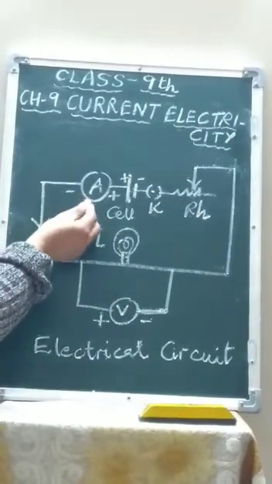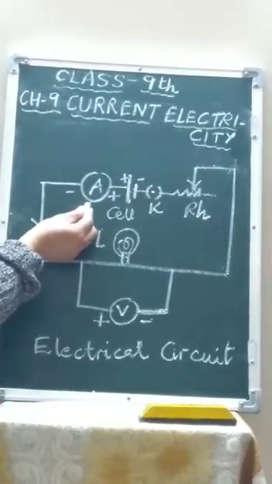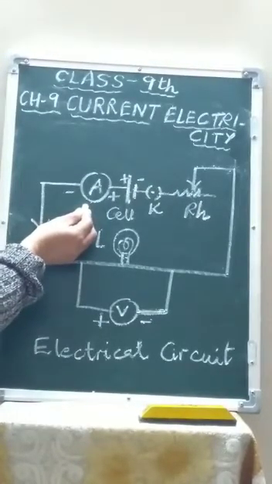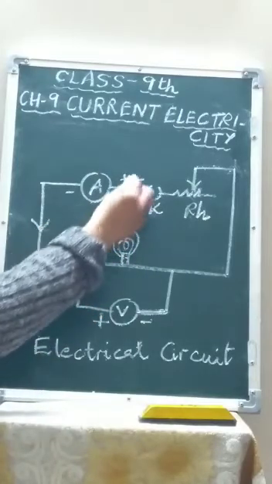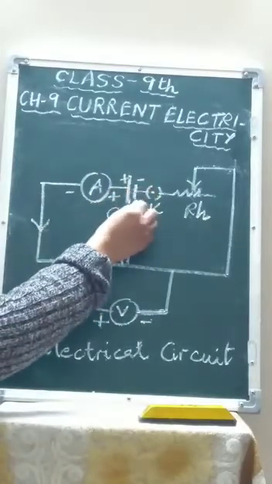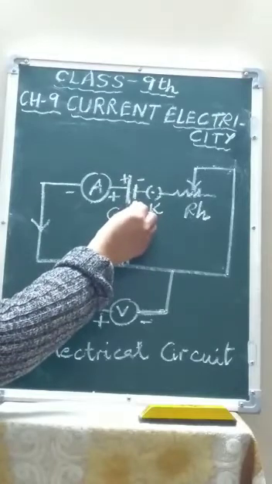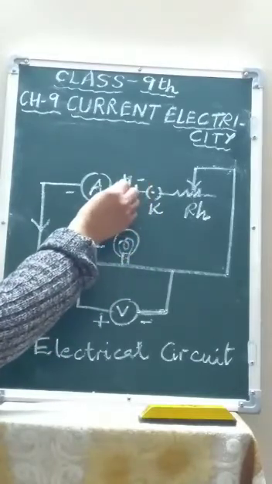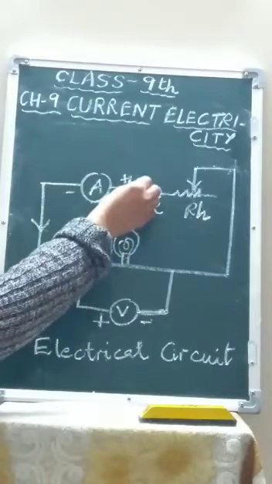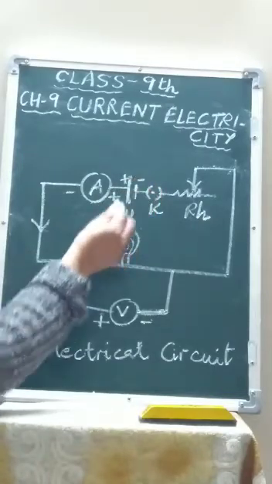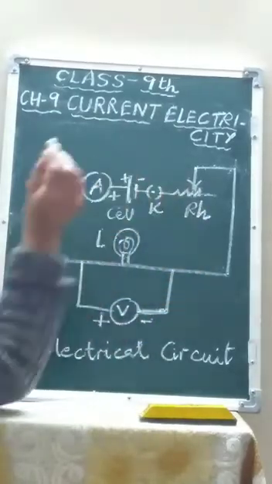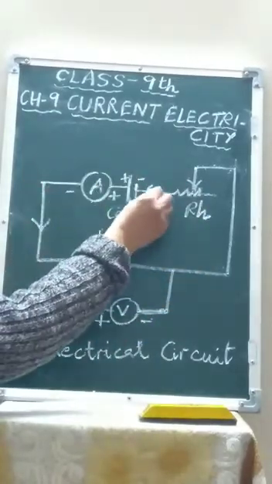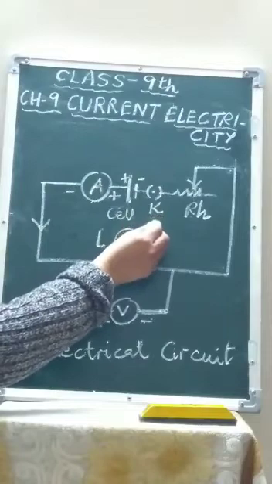This represents the ammeter. As I have already told you before, ammeter is used to measure the amount of current flowing through this electrical circuit. This shows an electric cell which is the supply of current. The longer terminal denotes positive terminal and the shorter one is the negative terminal, and the current always flows from positive to negative terminal. This represents the key or switch to open or close the circuit.